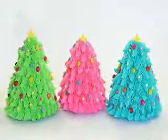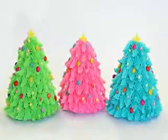And now we have ourselves some really cool Christmas cakes. I really love this tree effect. It's super easy, it's fun, it's tasty because it's done with buttercream, and I absolutely love all of the bright